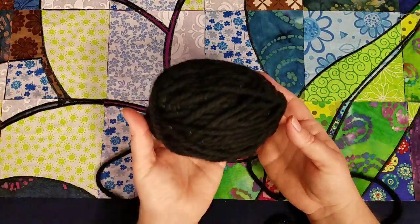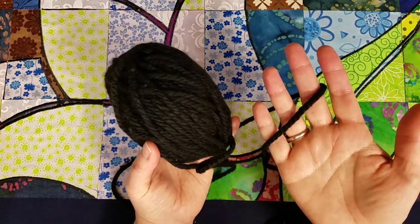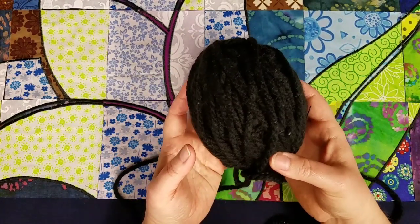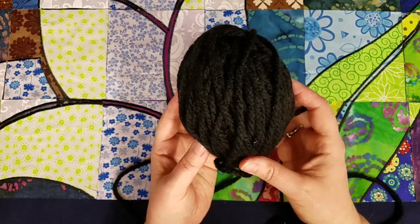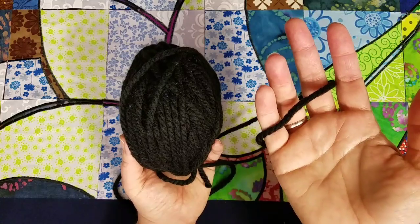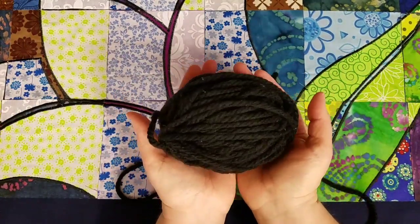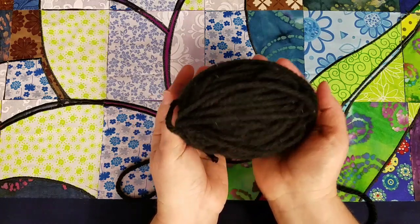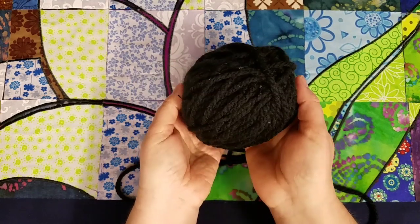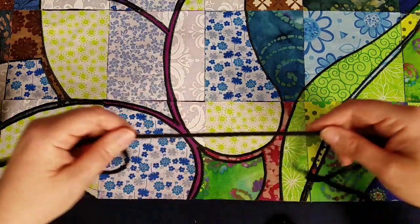This is a ball of black yarn. It's a little bit thicker, and I've taken the label away a long time ago, so I could not tell you which brand this is or how thick it is because that label has been long gone. But you know, you could always go down the aisle at Walmart or Joann's or Michael's and look at all the different pretty yarns if you chose to do something like this. And we could